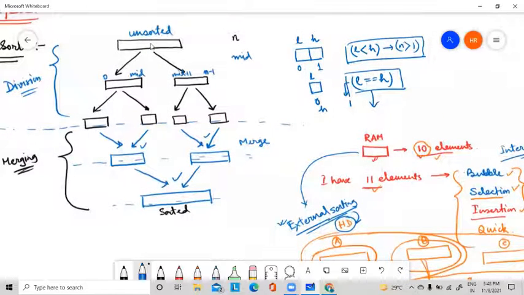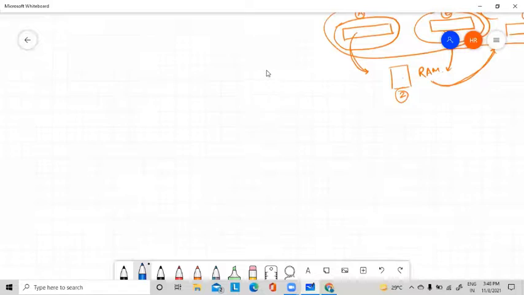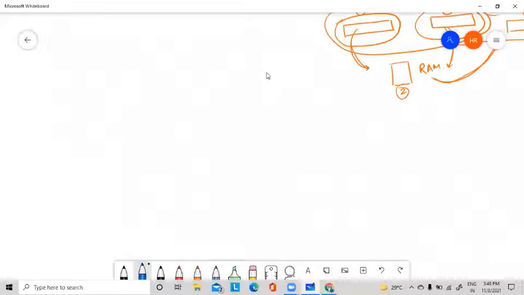It will first purely divide the array, then when it becomes a single element, it will start merging. So let us write the algorithms one by one. First thing is the division. I am calling a division function, void div. What are the arguments in this function? I have to pass the array itself, then I have to pass the size of the array.